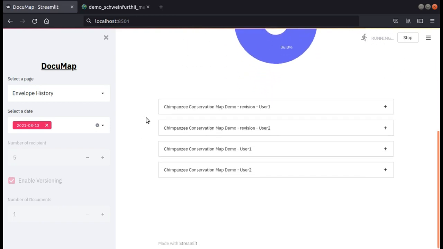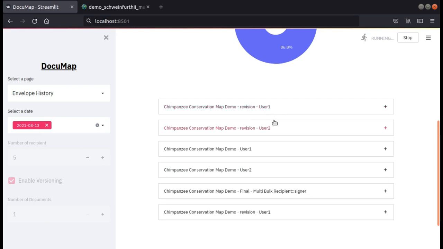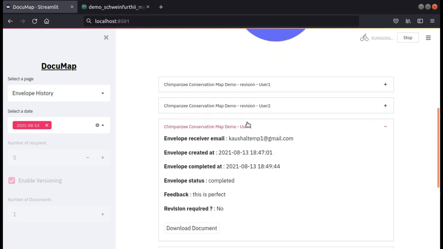And then we'll have some UI here for listing the envelopes. This is the subject of the envelope and the username. Like that we can differentiate which envelope is which. This is the first version of the envelope, and then we applied the revision. They can just click on this, so it will expand and we can have some more details of that envelope. So these are the list envelope APIs.